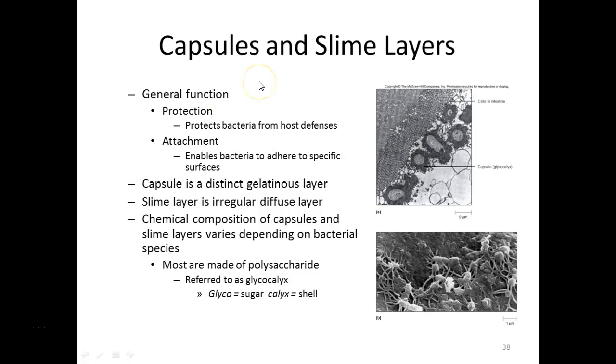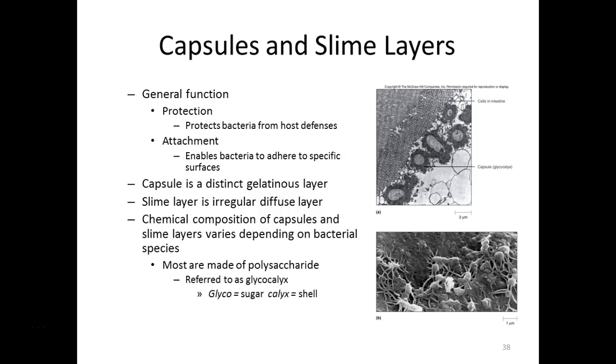They both function very similarly, capsules and slime layers. They both provide an extra layer, right? So protection, especially against our host defenses. When you have a pathogenic organism like Klebsiella pneumoniae, that bacteria has a very thick capsule. When that gets into our body, especially into our lungs, it's really hard for our immune system to recognize it. It's almost like it's wearing a disguise. It also helps that bacteria specifically attach in our lungs. So in addition to being an extra layer of protection, that capsule or slime layer can help them adhere to